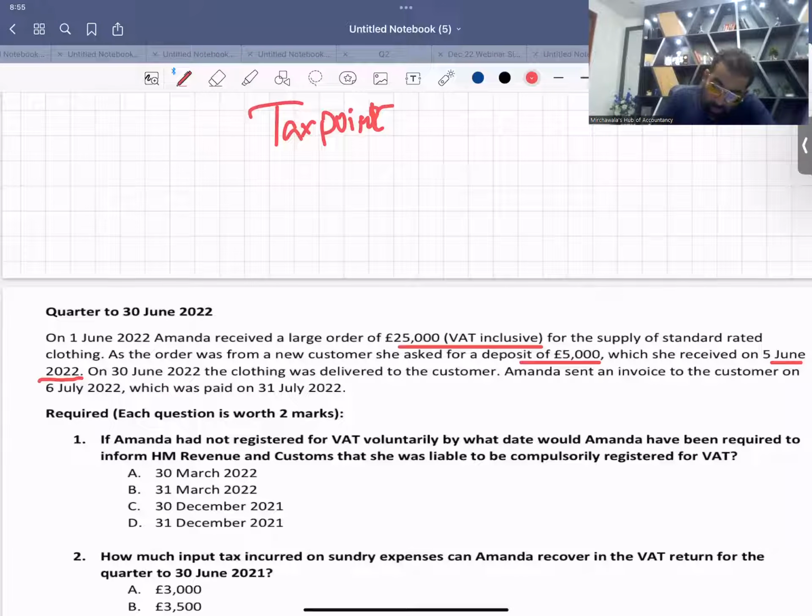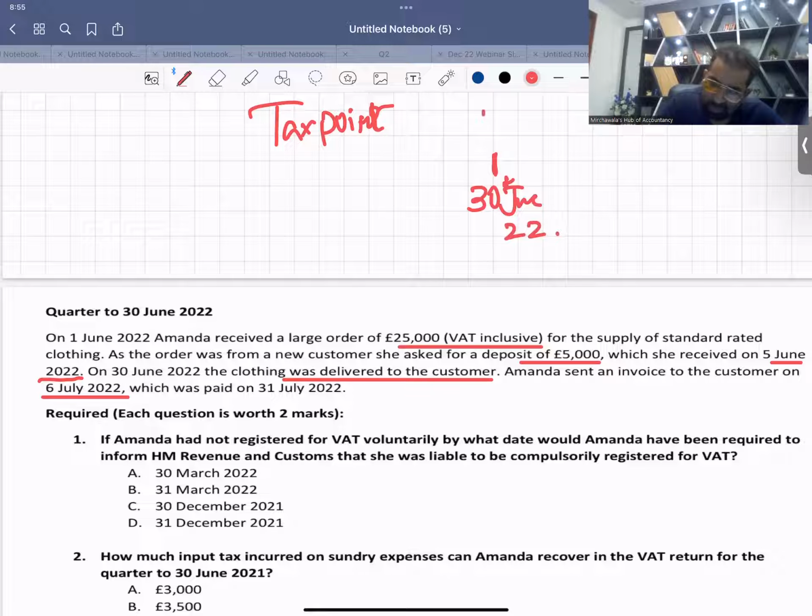On 30th June 2022, the clothing was delivered to the customer. Yes, this is your basic tax point. Your basic tax point is 30th June 2022. But see the twist. Amanda sent an invoice to the customer on 6th July, within 6 days. Now wait. First of all, this date, 30th June 22,